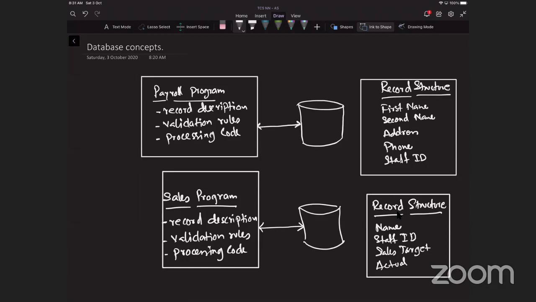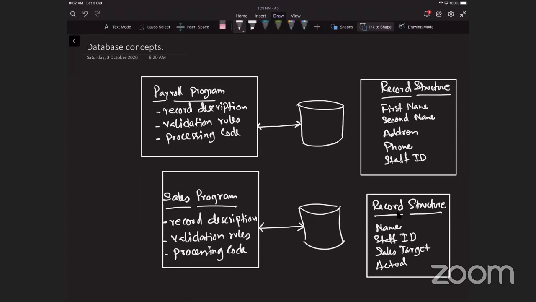So let's say these are two different departments of a company, payroll and sales, and they are maintaining their own data rather than the company having a centralized database. The data can be altered by one department with one application and not by the other. So data becomes inconsistent.